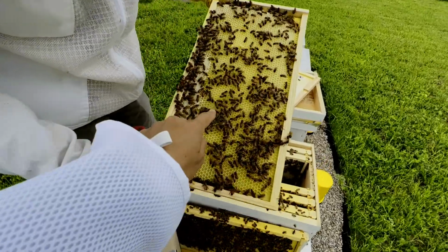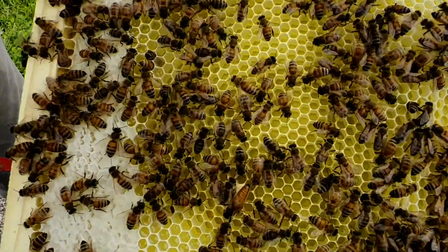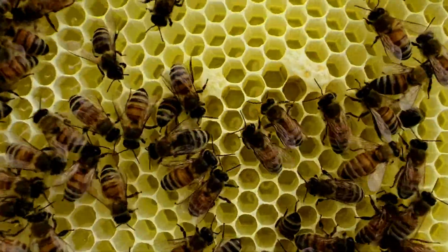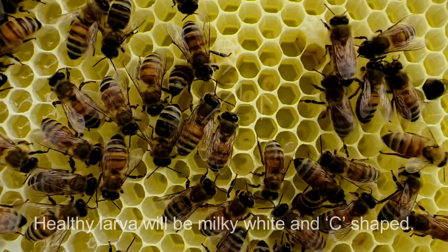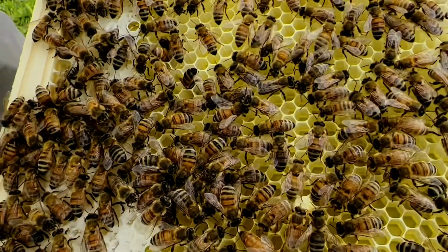There she is. Yeah, she's going strong. If you can get a close-up on some of that larva, that'd be good. There's some up by that capped brood. Lots of stored nectar, which is awesome. Lots of eggs, lots of...